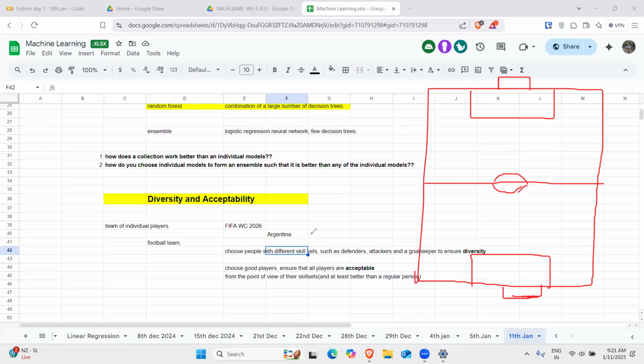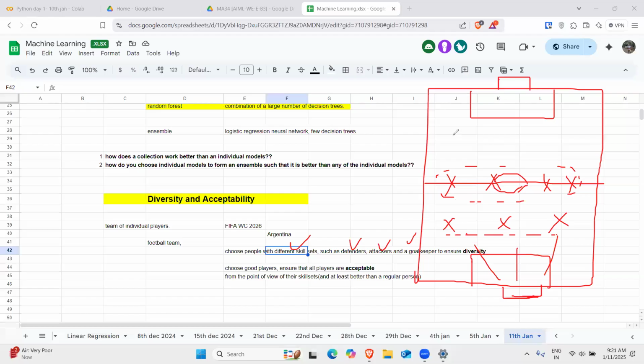The reason we choose defenders, attackers, goalkeepers is that whenever you want to attack and score a goal, these three people will do your task. Whenever you want to create a play, these are known as playmakers,